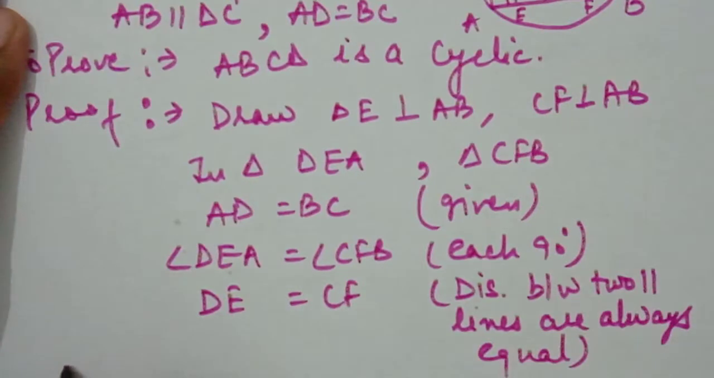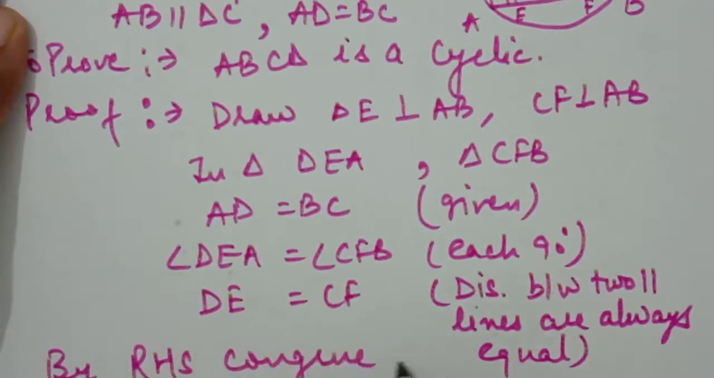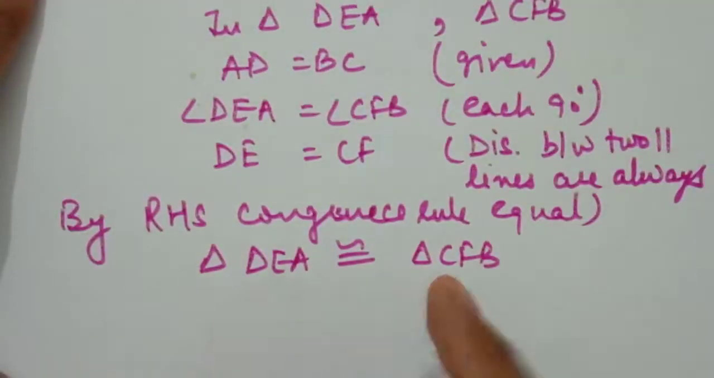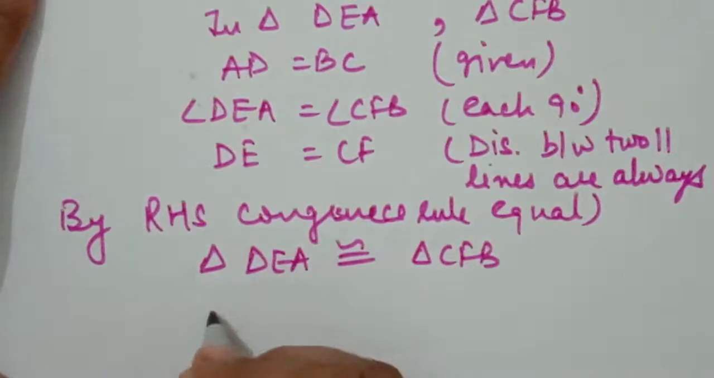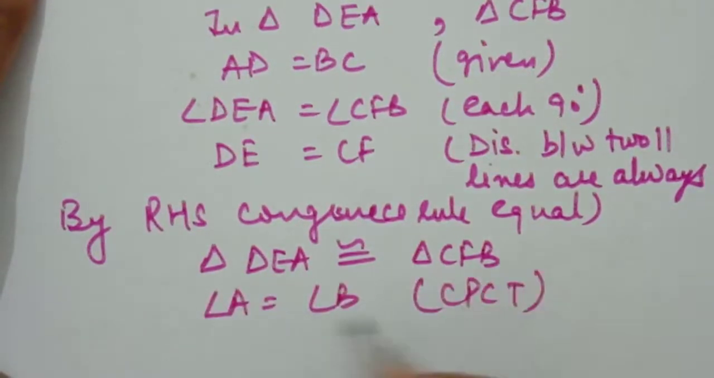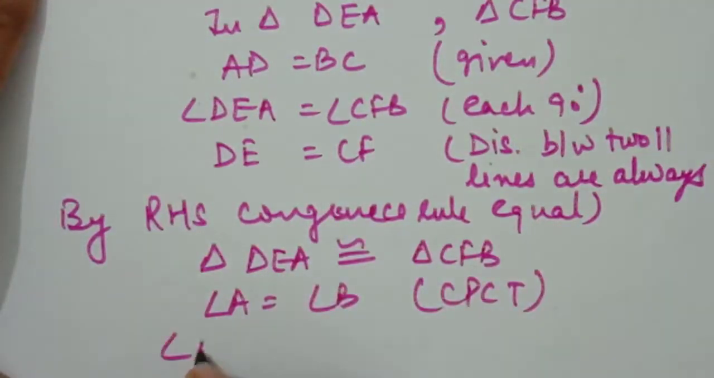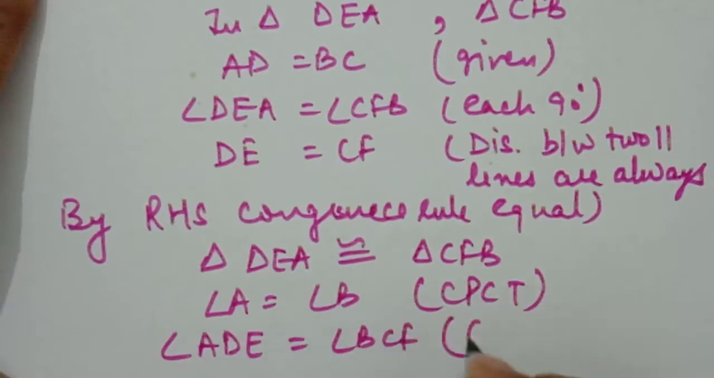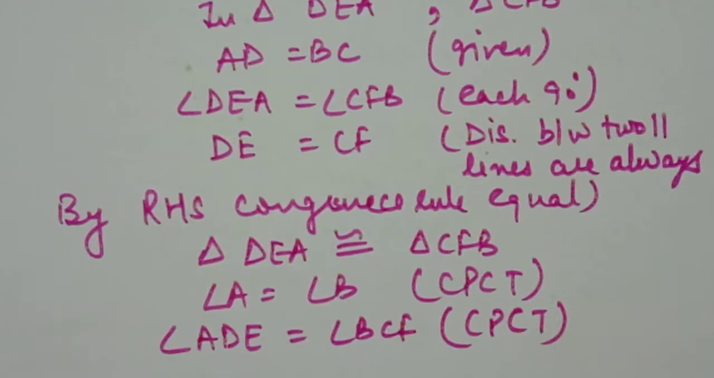So students, by the RHS congruence rule, these two triangles are congruent. Then angle A is equal to angle B by CPCT, and angle ADE is equal to angle BCF, also by CPCT. Now students, we will take